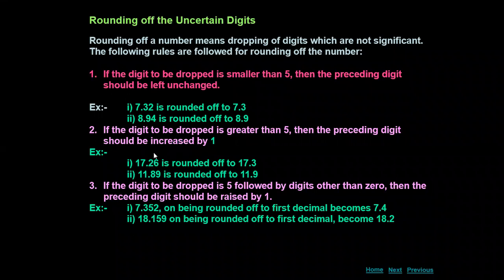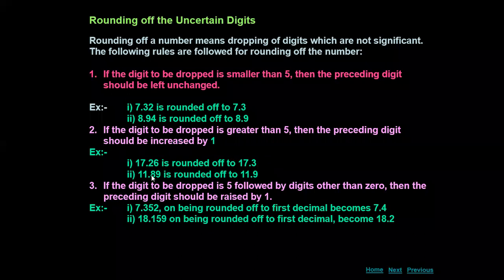So if I want to write this in terms of 3 significant figures, what we have to do, this last digit, uncertain digit, has to be omitted. If I want to omit this uncertain digit, we will see whether that uncertain digit is greater than 5 or less than 5. If it is less than 5, it will come under the first case. We will not change anything. There it is 17.2 only we can write. If it is greater than 5, so this 6 is greater than 5, so the preceding digit, 2, has to be increased by 1 unit, and we will write 17.2 becomes 17.3. That 6 is omitted here.